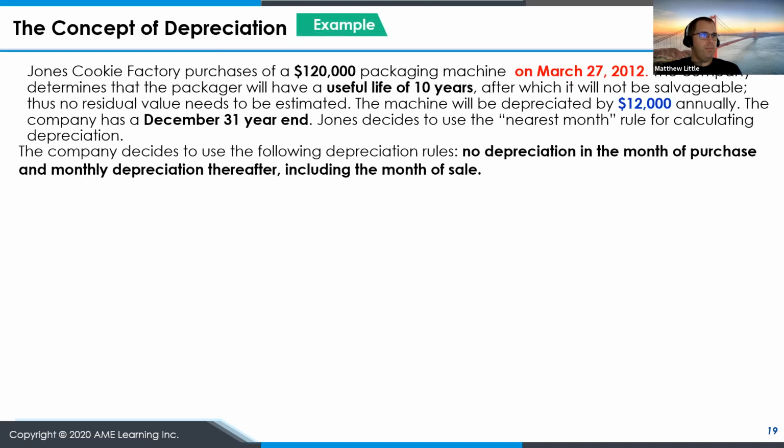Okay, we'll do a little example here. We purchased a $120,000 packaging machine on March 27th, and the company determines that the packager will have a useful